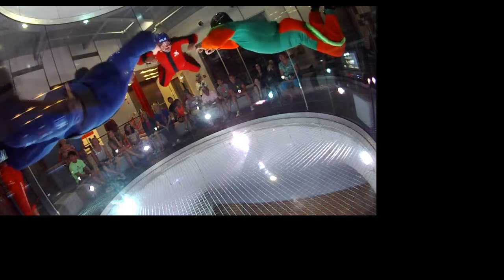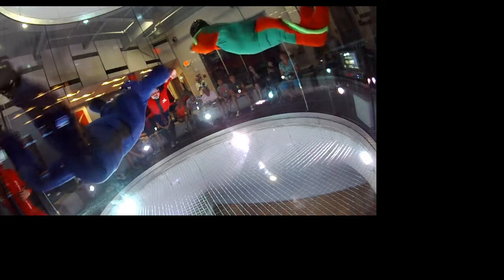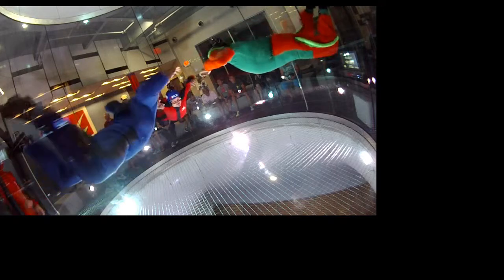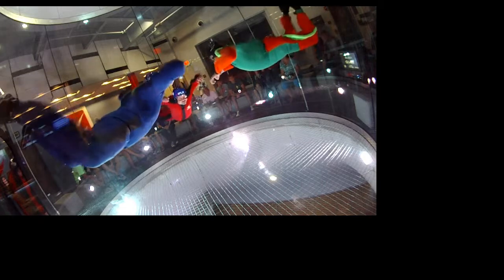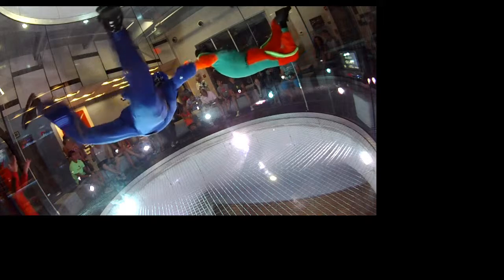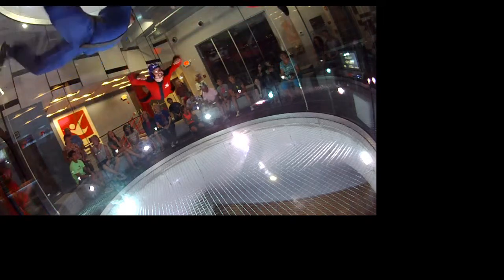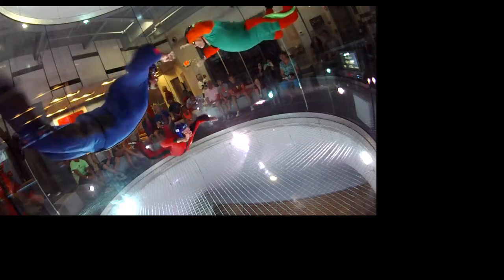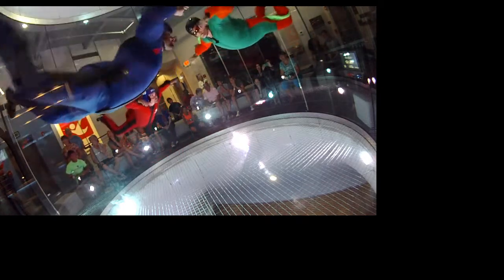You can get a lot more out of your tunnel time, which isn't cheap, if you go into a gaggle like this and you are able to fly two and three up. You're getting the same minute. Each guy's getting it to themselves, so you're getting three times the fun there. And once again, if you've got people with varying abilities in the tunnel, take it easy, relax. If it takes a little while to do your hookup,